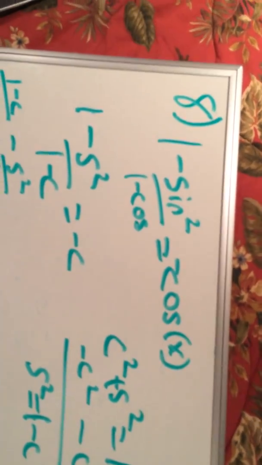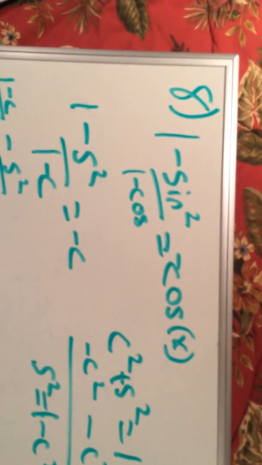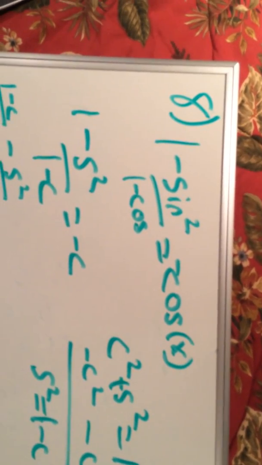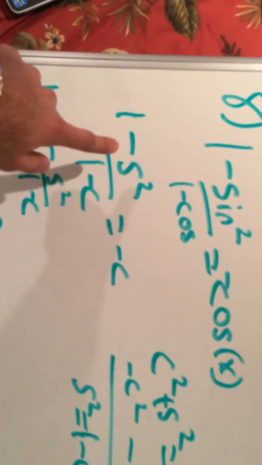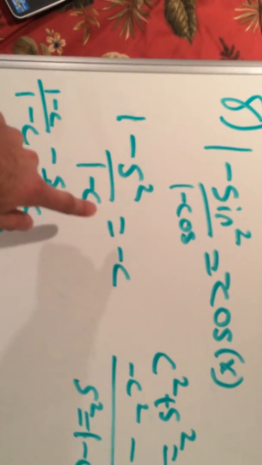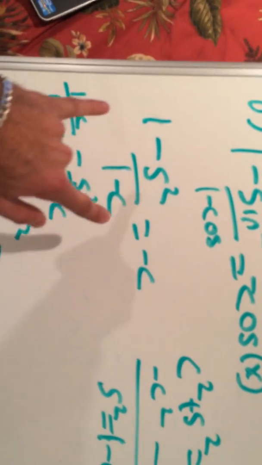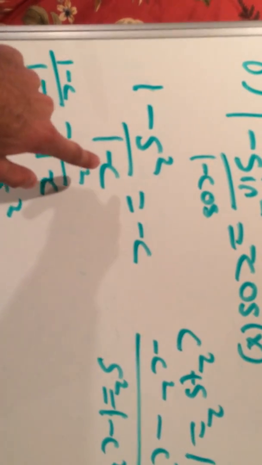This is problem number 8 from the homework. It says (1 minus sine squared) over (1 minus cosine) equals negative cosine of x. The first thing I did is I rewrote it as (1 minus s squared) over (1 minus c) equals negative c. I remembered the guiding principle from class, which is if you have fraction minus fraction, then you want to